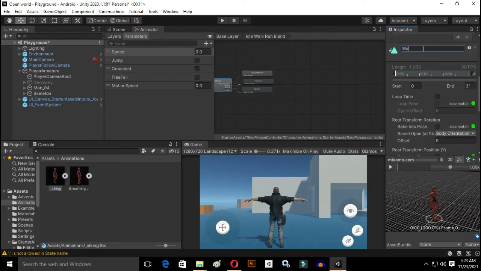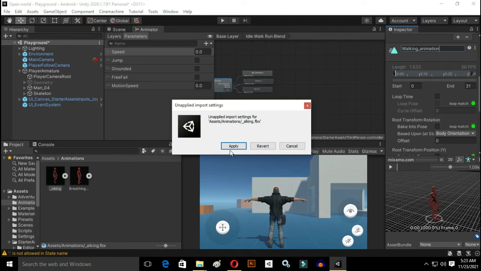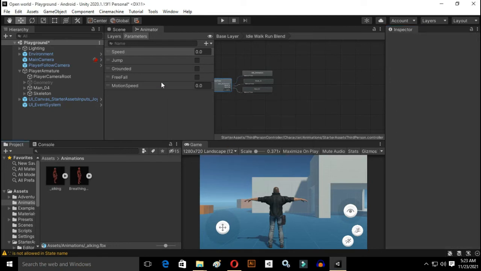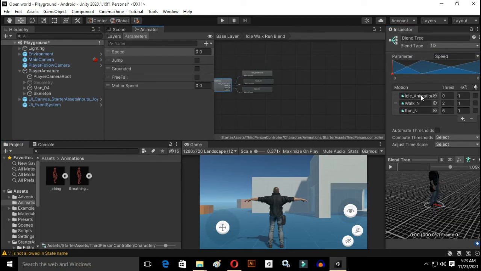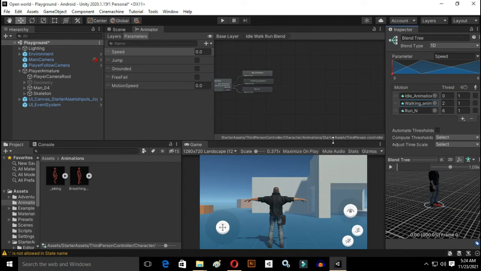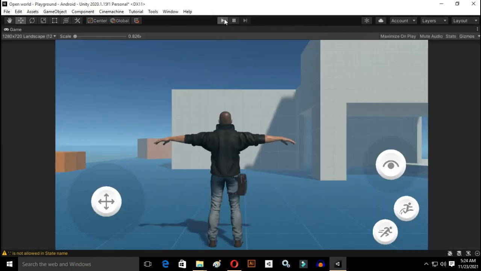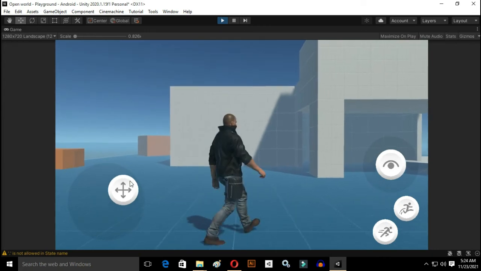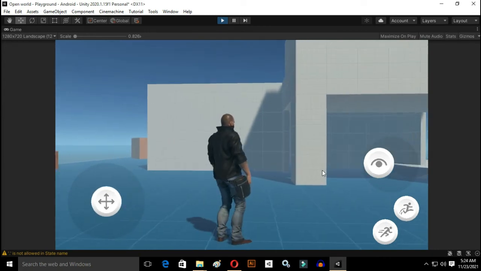I will write the name walking animation. Apply. Let's change the walking animation. So let's see whether it's working or not. As you can see, the walking animation is working properly,